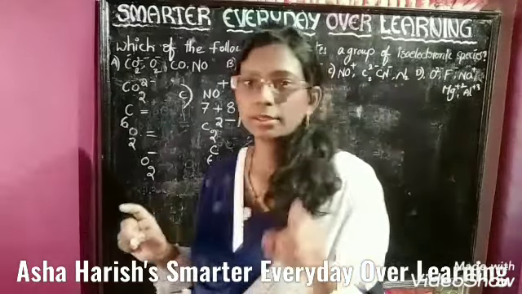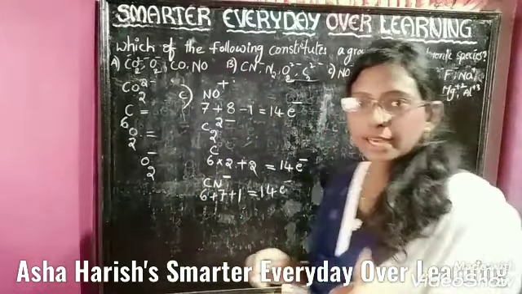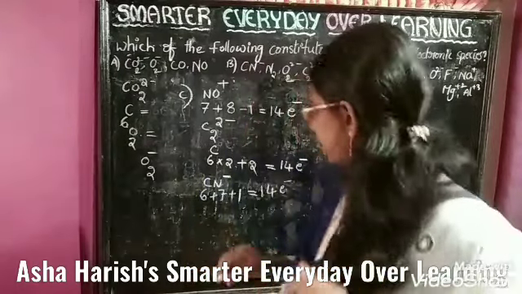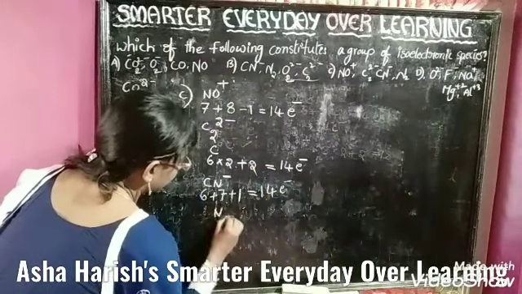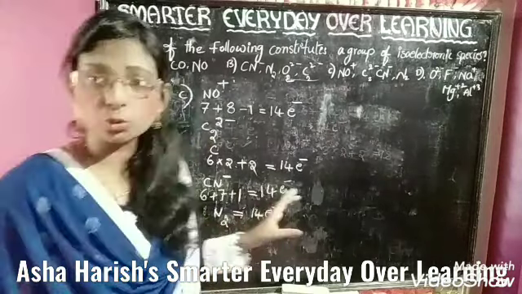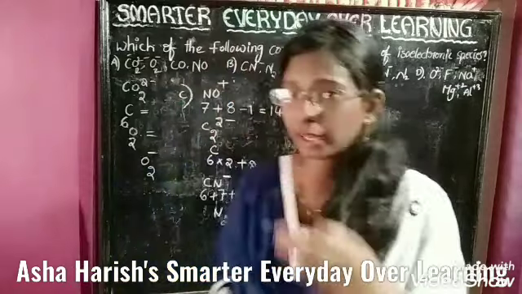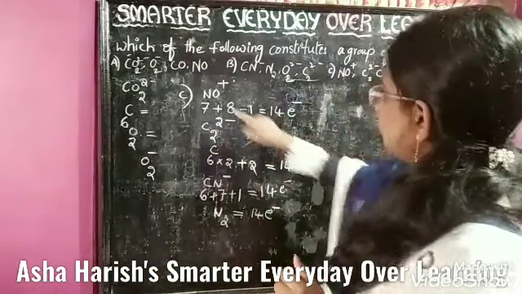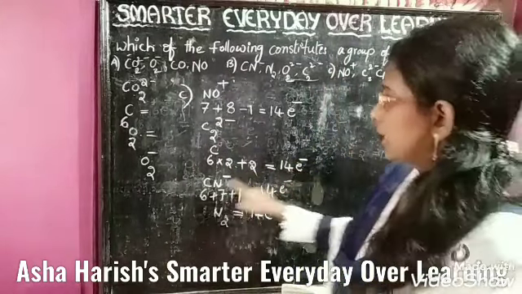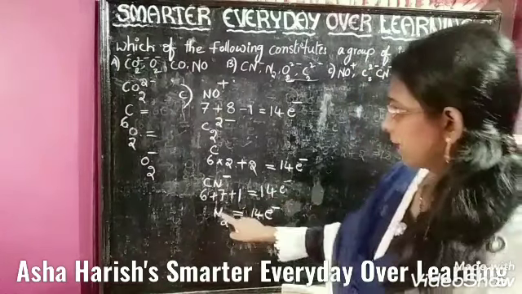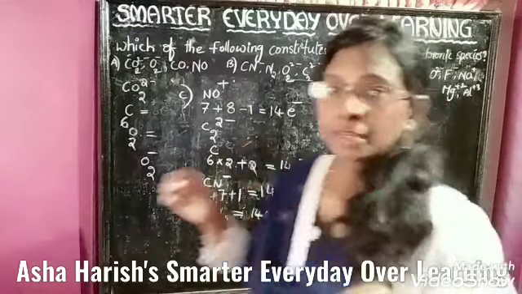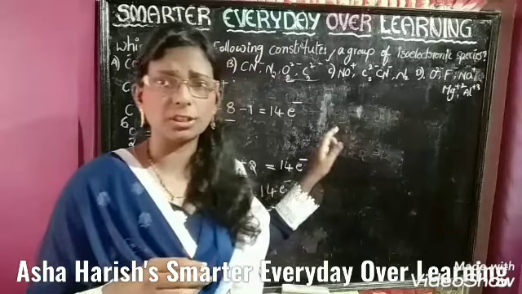Let's go to the next one, N2. N2 means 2 atoms of nitrogen, and students, nitrogen atomic number is 7. There are 2 atoms of nitrogen, so 7 into 2 for N2, that is 14. Okay students, finding the electrons, we got 14 electrons for NO plus, C2 2 minus also 14, CN minus also 14, and N2 also 14 electrons. So option C is the correct answer for the isoelectronic species.